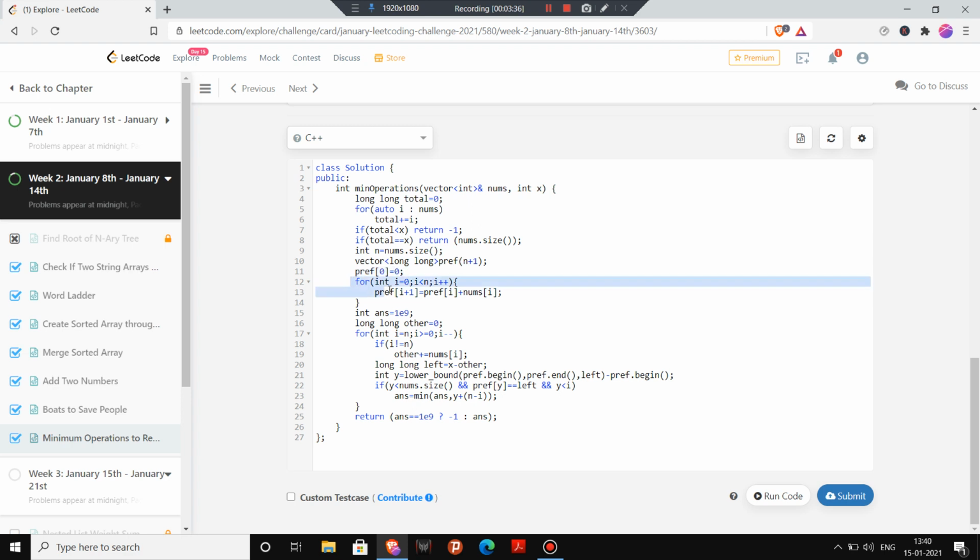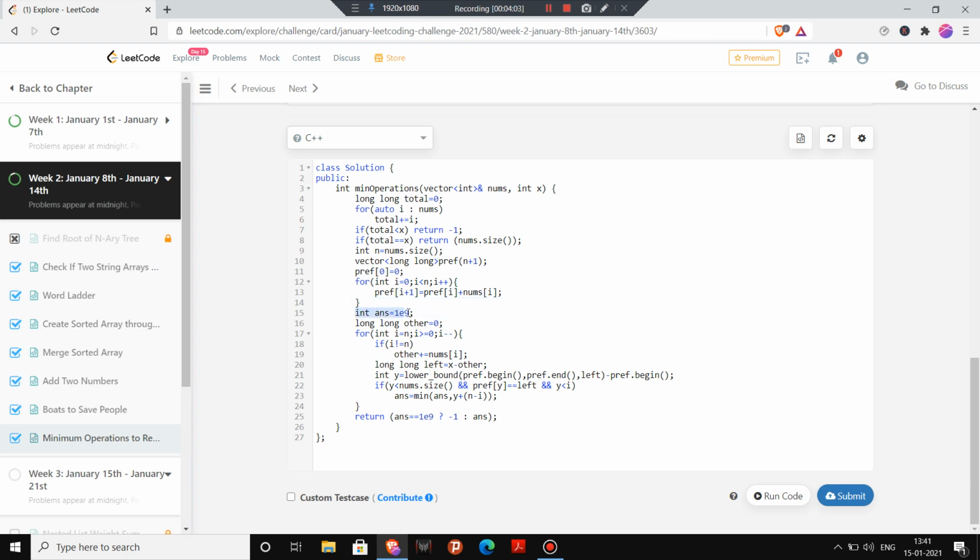Now I will iterate through my vector nums. Then what will my pref I+1 be? My pref I+1 will be the prefix sum till the previous index, that is pref I plus nums I. Okay, and now we have the prefix sum.